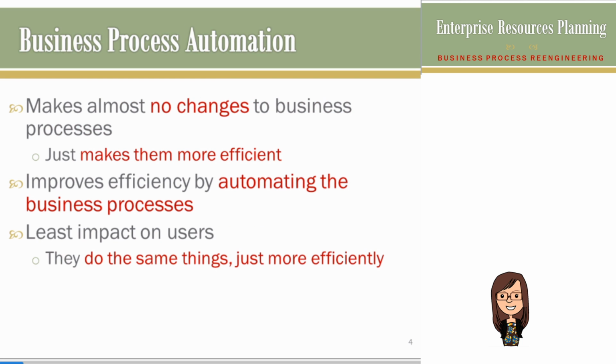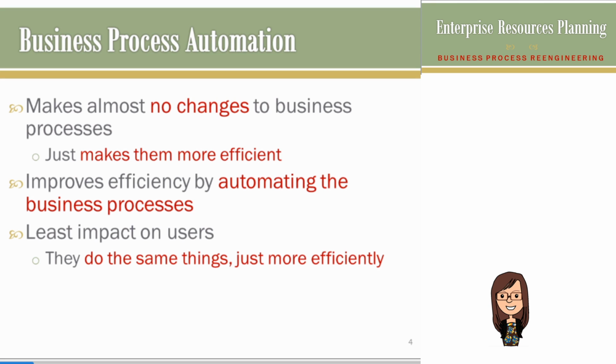In business process automation, we almost don't change anything in the business process. It means that let's say we have a business process in which we do activity A, and then we do activity B, we do activity C, and we do activity D, in order A, B, C, D. So in business process automation, we usually do not change the order of the process. It might still be the same, A, B, C, D, but the difference is